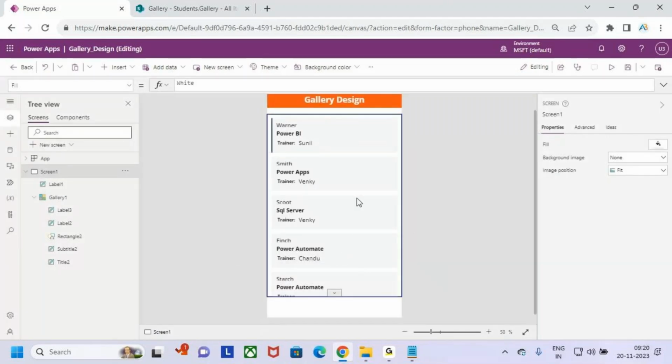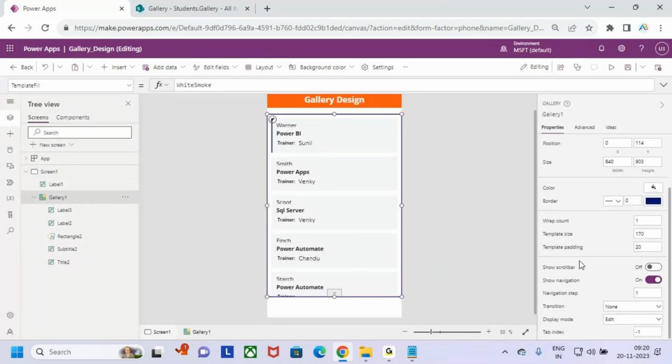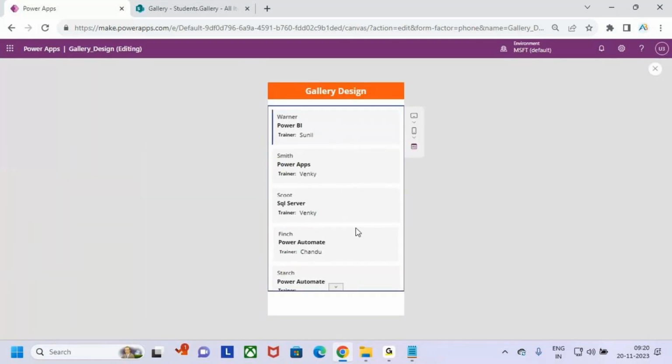And also add the transition. There are some transitions called push and pop, right? We discussed this transition also. Let me keep it as push. Now see, whenever I hover it, it is pushing the gallery items. When I hover on it, it is pushing the gallery items. And also